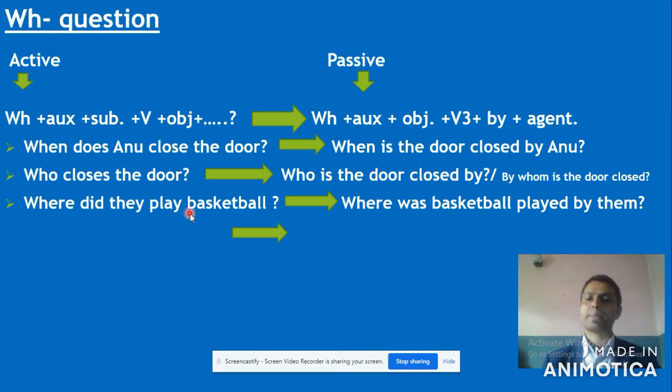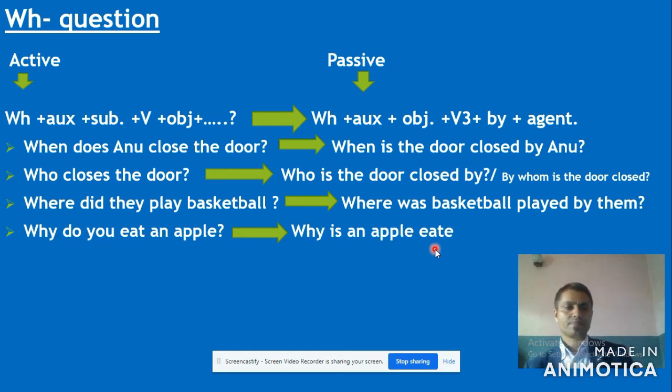Under simple category, I mean simple past here, right? So that was. Where was basketball? Here is a singular subject, so we write "was". If it is a plural subject, we should write "were". Where was basketball played? Then "played" is verb 3, or the past participle from the verb, from this structure. We brought it here from this example structure. Played, okay, this "play" becomes what? Played by them, okay, "they" becomes "them". Got it?